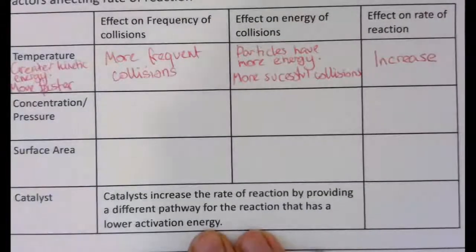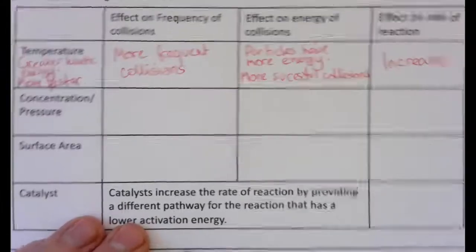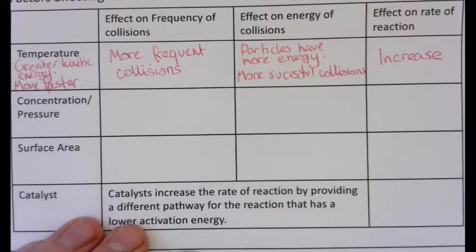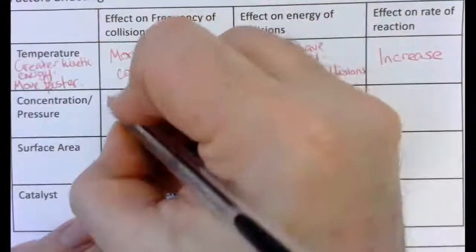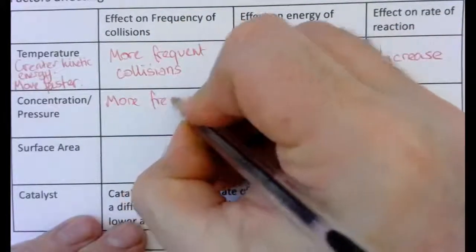If we move on to the next category, we have concentration and pressure. So concentration and pressure are both a measure of the number of particles per unit volume. So if we increase concentration, we're putting more particles, more mass of dissolved substance into a set volume of liquid. If we're increasing pressure, usually we're talking about gases. That means we're pushing more particles into the same unit volume. The effect this has on the collisions is we have more frequent collisions,